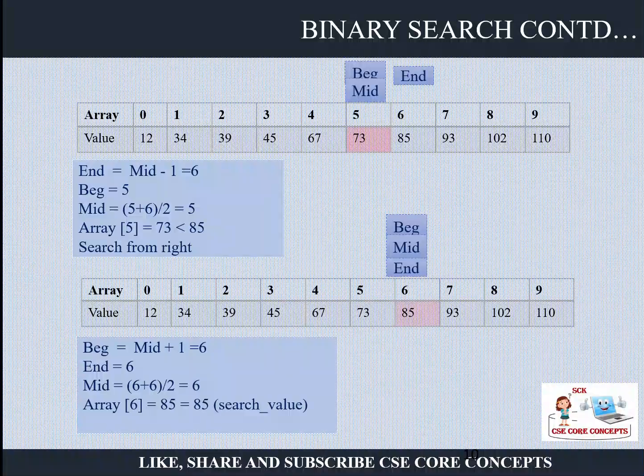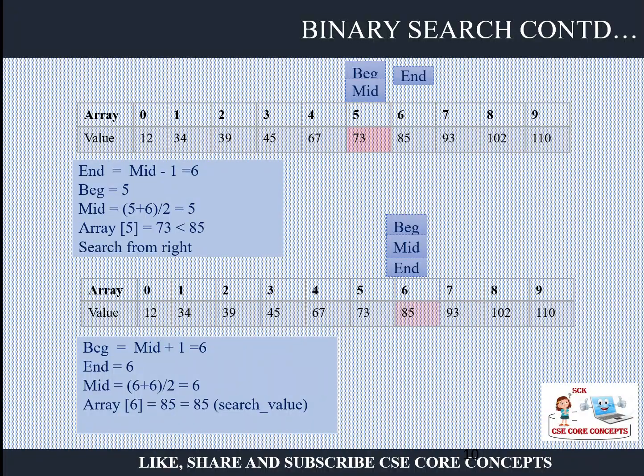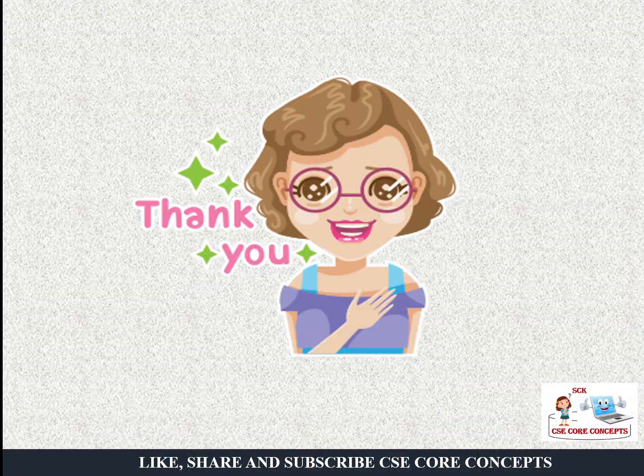So my beginning is now the 6th element. End is also 6. Now 6 plus 6, 12, divide by 2 if I do, mid also I am getting 6 and that is the value which I am searching. Yes, I got the value which I am searching, that is 85. I hope you understood how we are performing this search, and we have discussed in my earlier slide that the